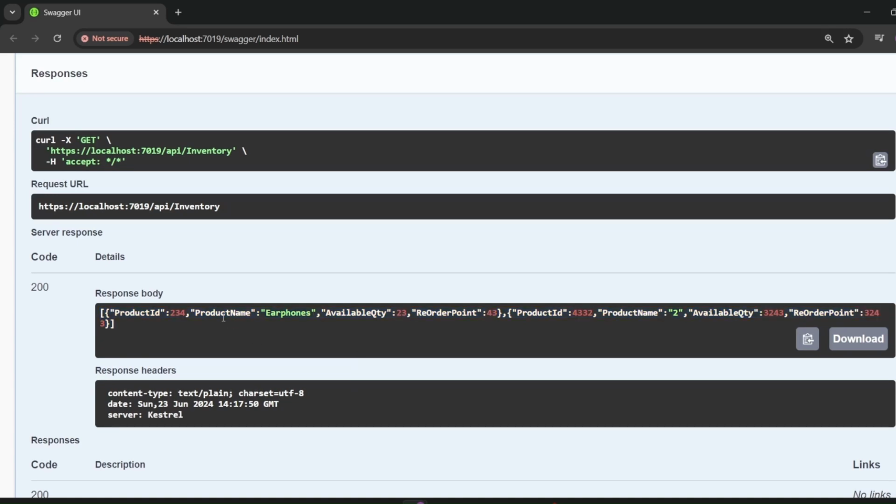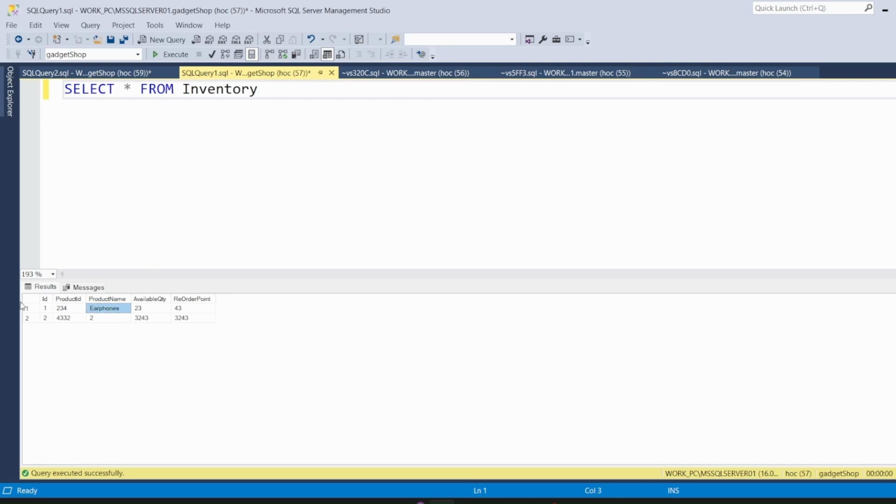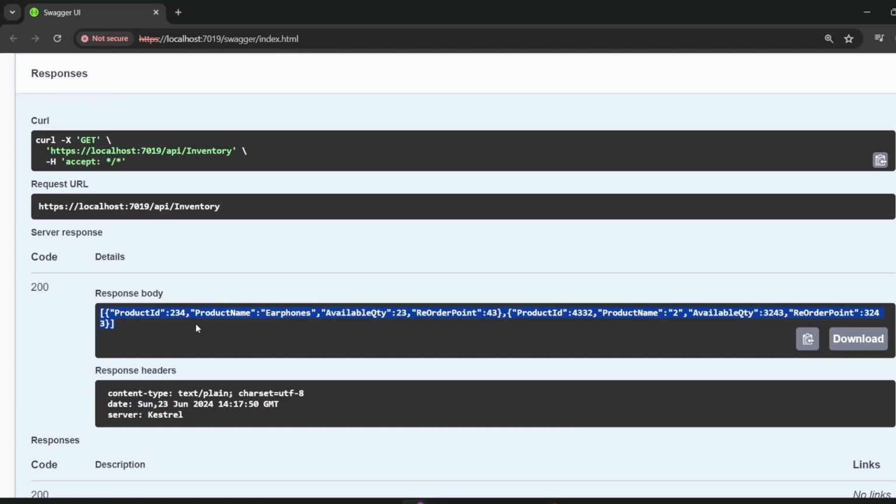This is a proper JSON that we are getting. We have two products. One was the product name earphones, and the second one was the drop down index that was added from the front end code from the Angular application. Both of those records that were there in the table, we see over here, those are coming on the screen successfully in the response body. So this connection is successfully established. Now we just need to add the code in the Angular to get it on the front end application.